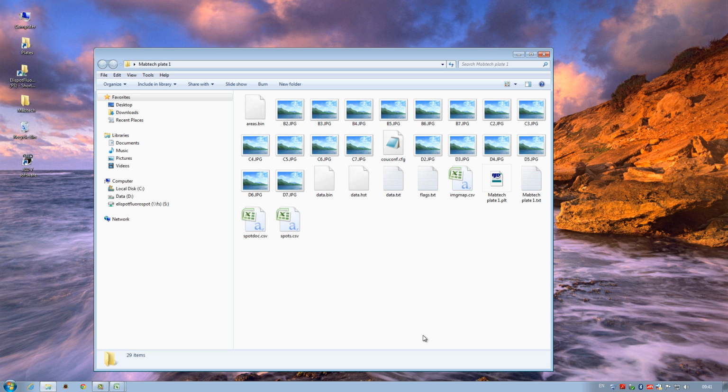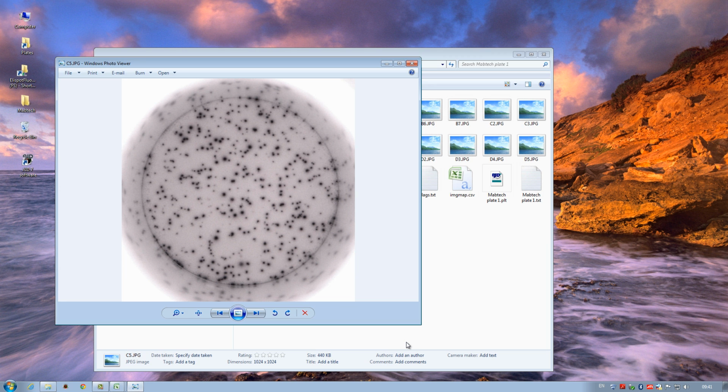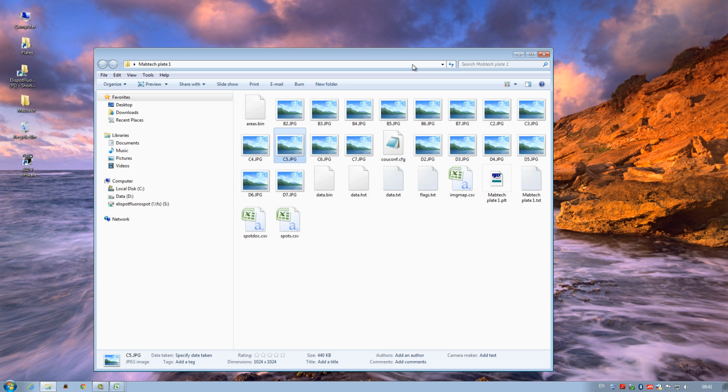All the JPEGs are the captured images of wells taken by the camera system of the AID reader. Their names correspond to their plate location. These we can double-click on and look at using the default JPEG viewer from within Microsoft Windows. If any of these JPEGs were to be removed or deleted, the saved file would no longer contain that particular well. Thus, you should never remove or delete anything inside of these saved AID folders.